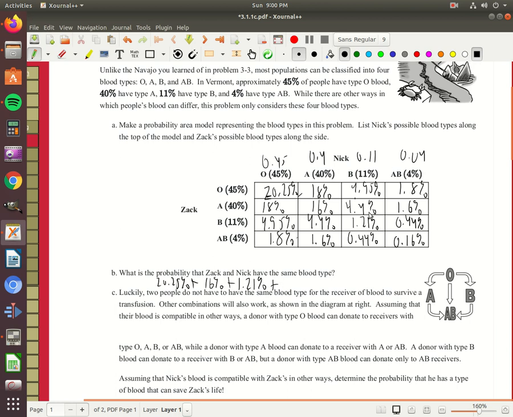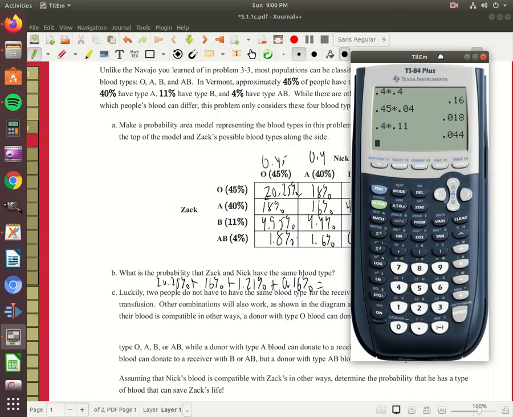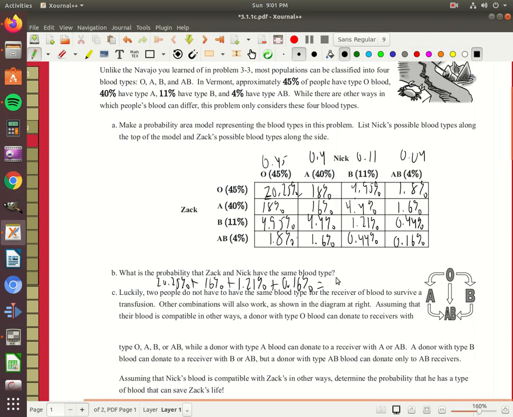And unlikely, but they could both have AB. That's less than a 1% chance of that happening, right? So I got to add those all together. I don't know if I can move this out of the way far enough. So 20.25 plus 16 plus 1.21 plus 0.16. I'm going to get 37.62%. There's a 37.62% chance that they have the same